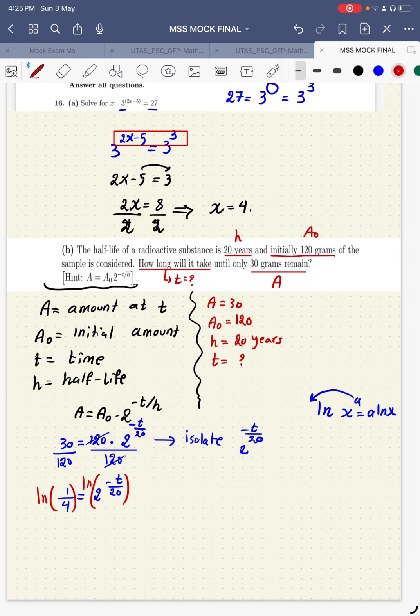Why am I doing that? The exponent here is going to come down. So I'm going to have ln of 1 over 4 equal minus t over 20, because the exponent came down, times ln of 2. So in that case, I'm going to isolate